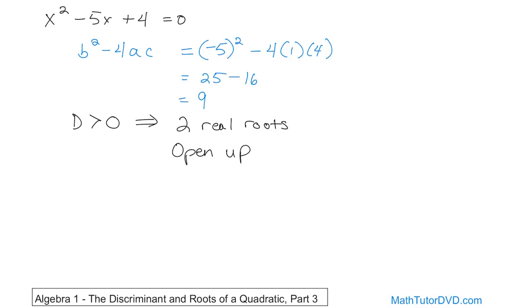So if you really wanted to sketch this, and this is not a great sketch, but just as a general idea of what it looks like, you know that there are 2 roots, and you know that it opens up. So it's going to look generally like this, meaning it opens up like a smiley face and crosses at 2 points, so it has to dip below like this. Now this parabola might be over here, or over here, or over here. I haven't calculated the roots, so unless I calculate them, I don't know where the roots are, but in general it's going to dip below and